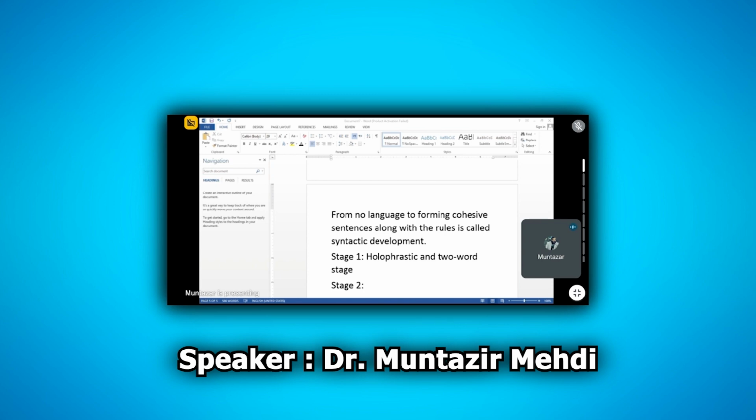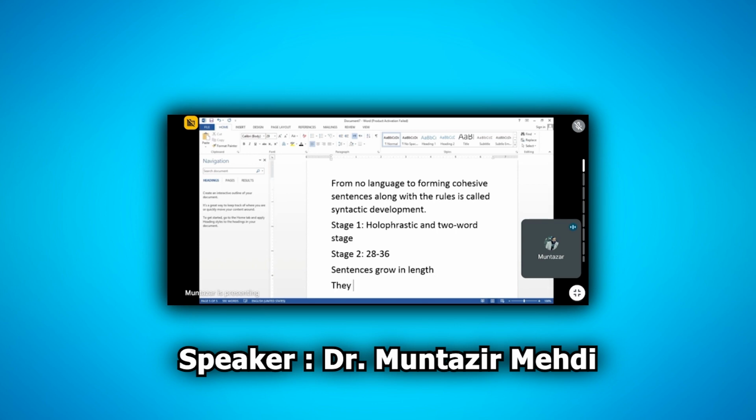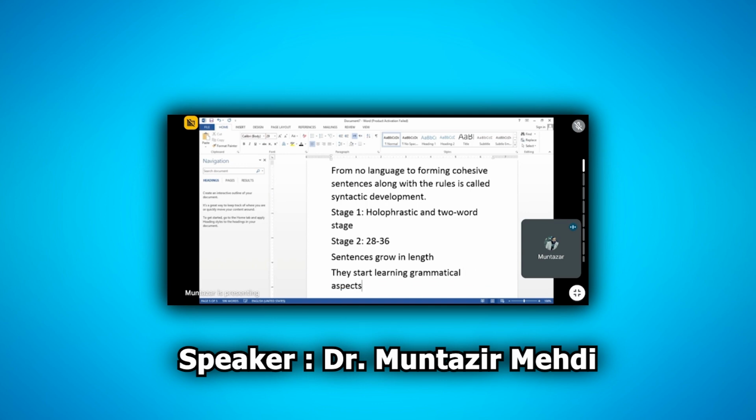And also they begin to learn grammatical elements in stage 2, right? And that happens from 28 to 36. Let me just write 28 to 36. And what happens? Sentences grow in length. And the second aspect is that they start learning grammatical aspects also, right? They also start learning what? Grammatical